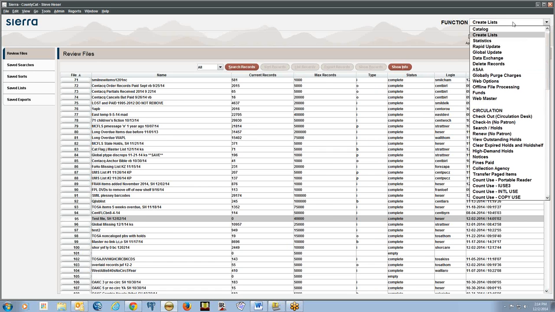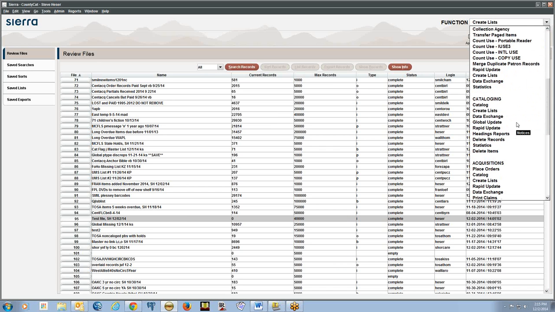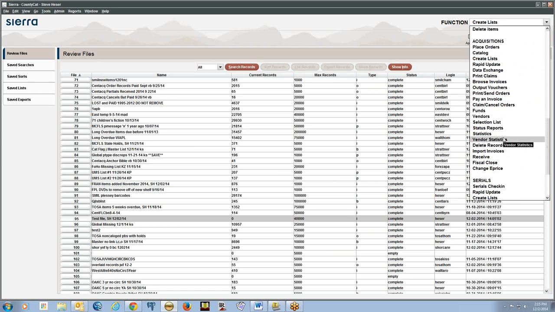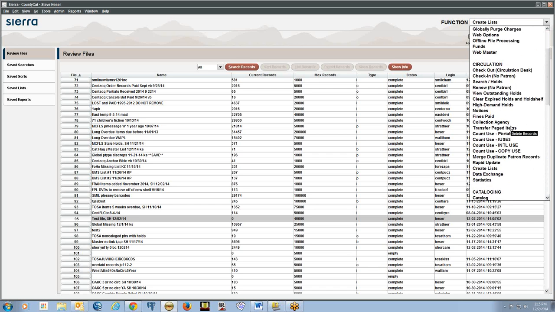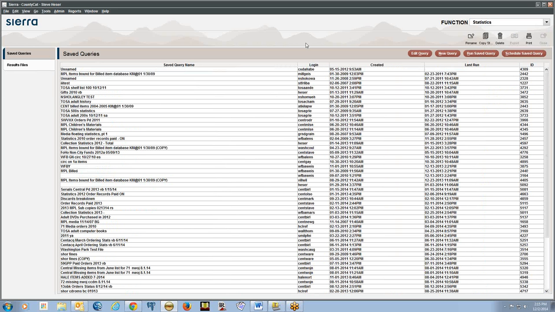But you would just click here once on the menu, and statistics will either be within circulation at the very bottom, cataloging also at the bottom, acquisitions also kind of near the bottom as well. And I believe Serials also has it. This may vary based on your library, but most everyone should have statistics available. So you click on statistics,